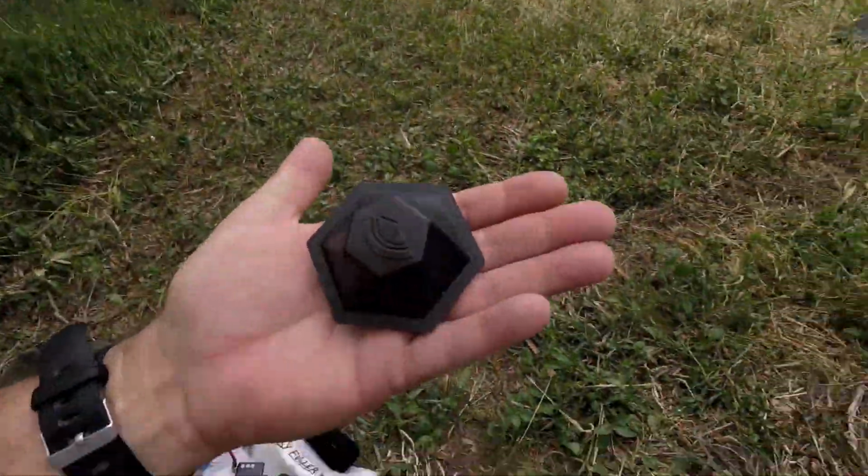So hopefully I'll get the iBCrazy antenna hooked up at some point in the future, and we'll see if we can go behind those trees down there. The Crosshair Extreme is supposedly able to penetrate through trees. Something fell off, it's just a little washer. So we'll test it out, and I've just got to wait for the adapters to come, and I'll lose maybe a little bit of signal with the adapter, but